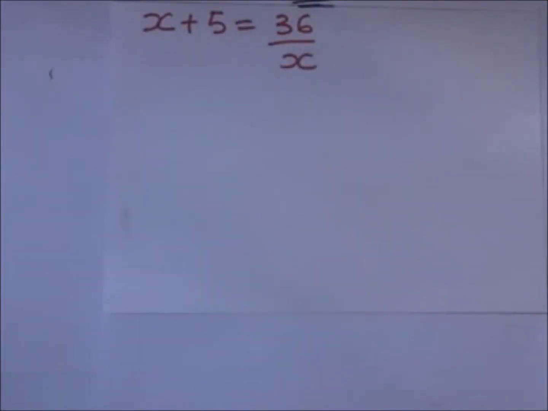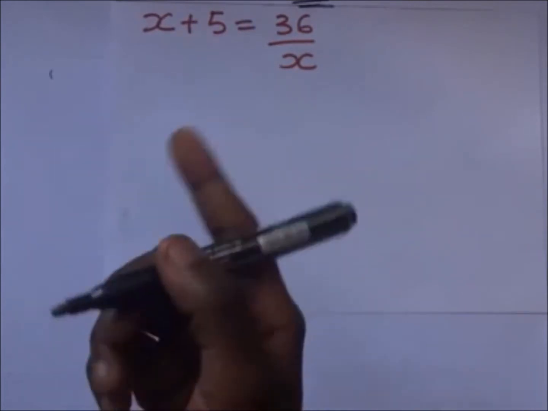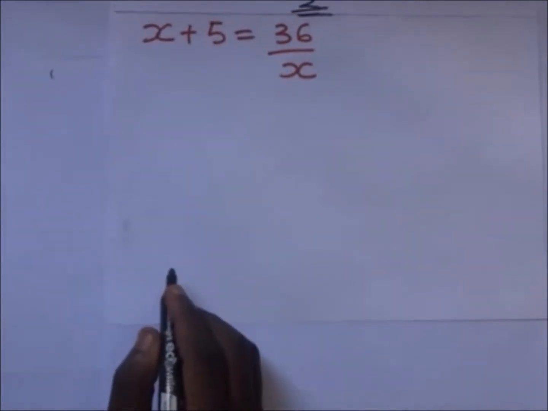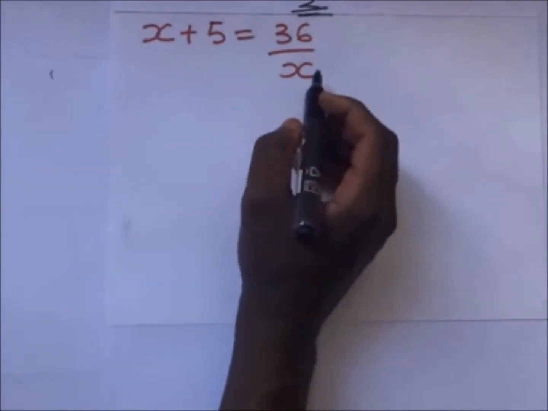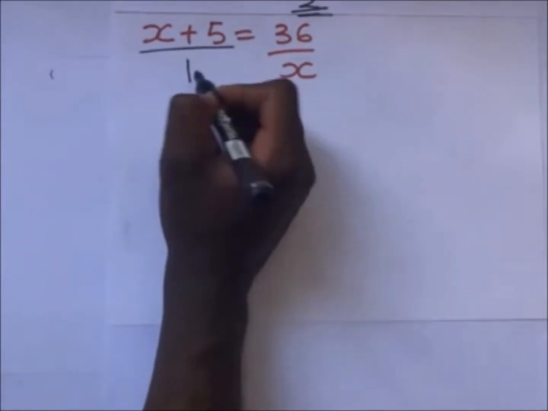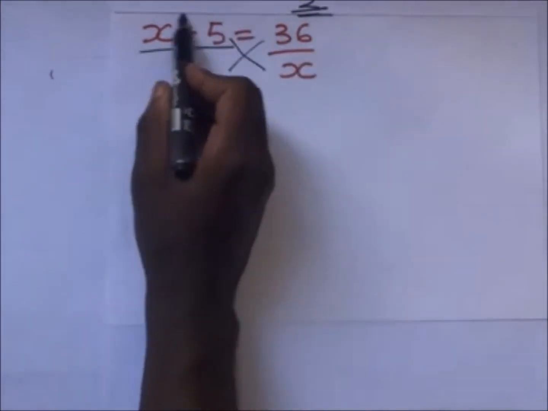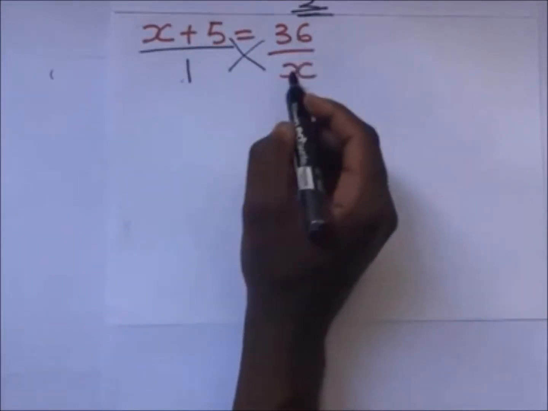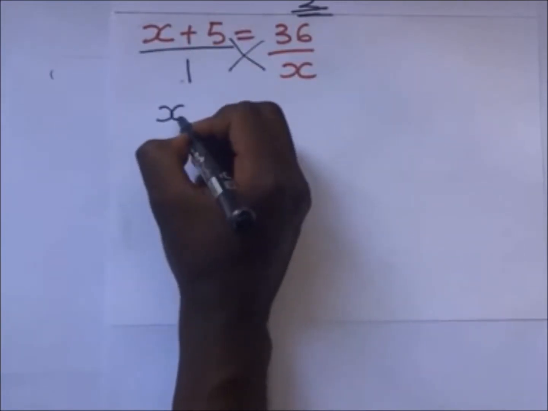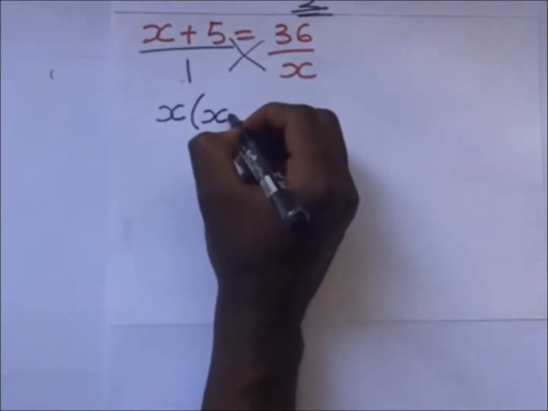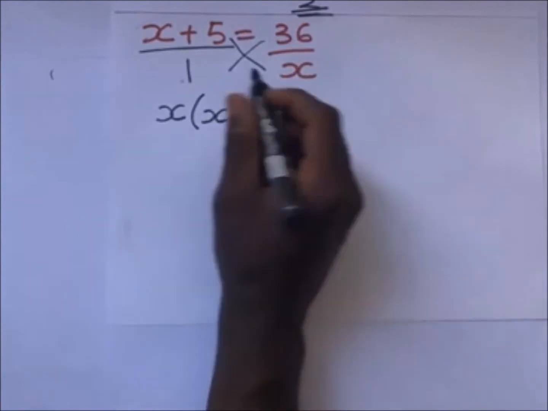x plus 5 is equal to 36 over x. So to begin this off, we make it a flat equation. So when we say this over 1, we cross multiply. So that will make it a flat equation. So it's going to be x times this whole part is equal to 1 times 36. So x times that is going to become x times x plus 5 is going to give us 1 times